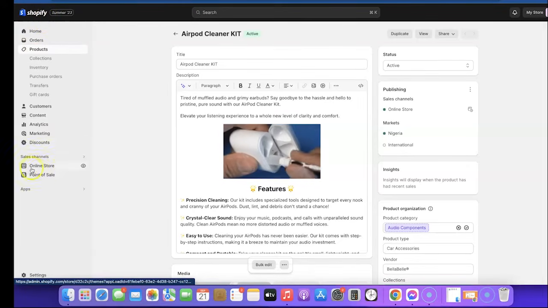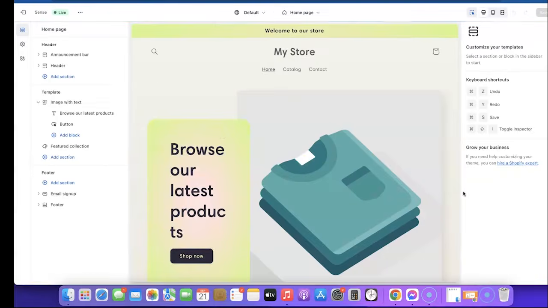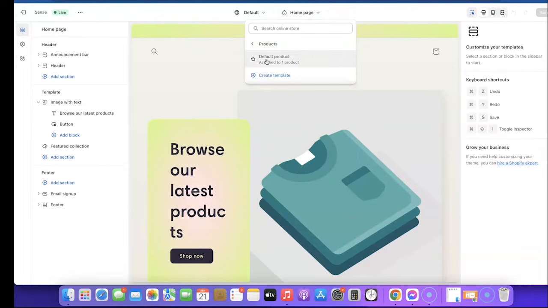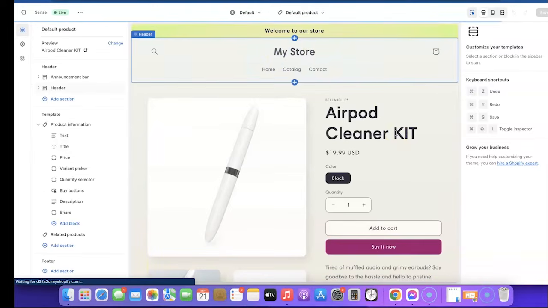So what you want to do is come over to online store here. All right, so you want to click on customize. So once you click on customize, it's going to show you the home page. So just click on the drop down menu here and select product. So it's going to bring out the product page. So this is the default product, so click on it and it's going to show us the product. So from here you can now start editing